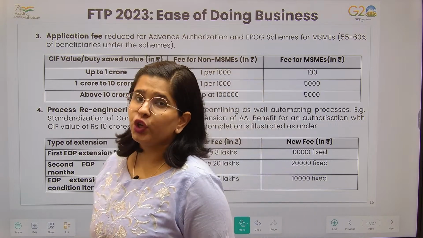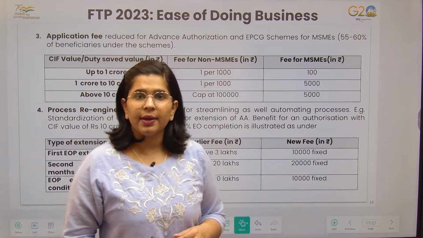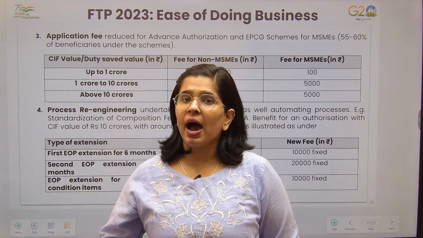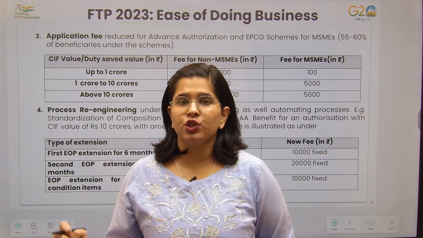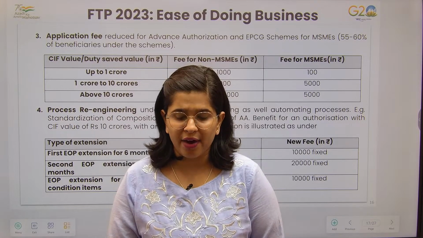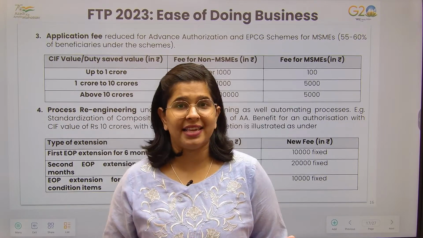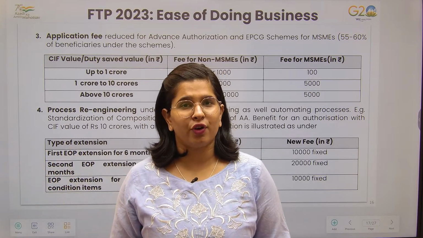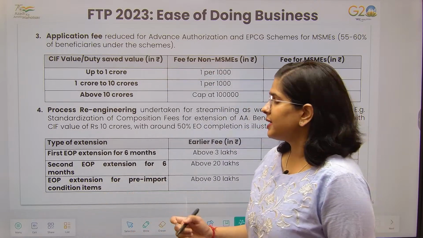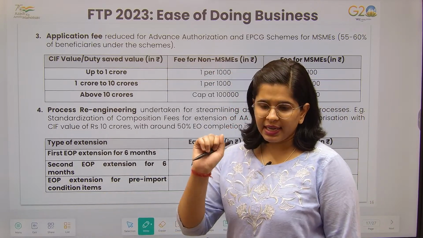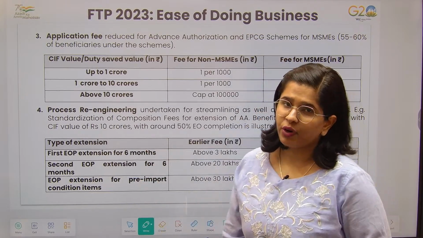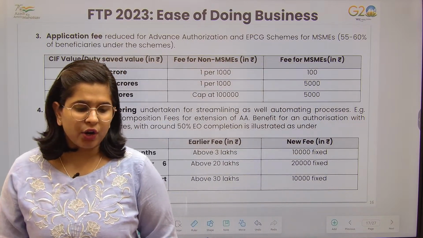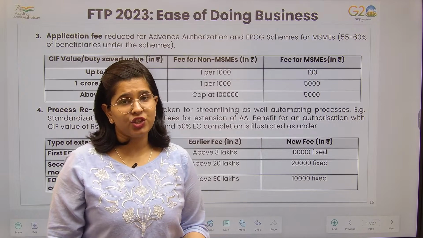If you are importing duty free inputs, then you have to do the exports in the next 6 years, and you have to earn the government 6 times of the import duty that you have saved. Government wants foreign currency, and you have to earn that foreign currency if you want any kind of support from the government, right? So this is called the export obligation period. Government said that we are giving you 6 years, now please do that for us. Understood?